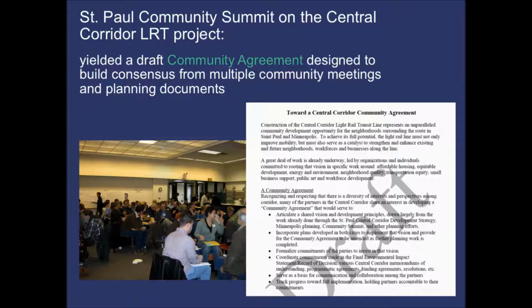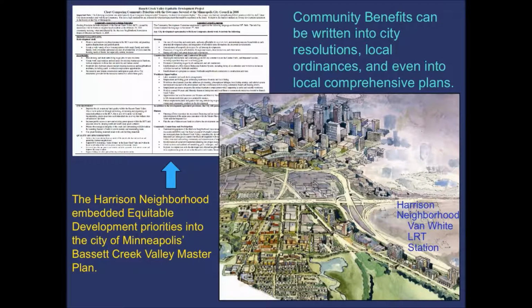But the community groups didn't stop only at securing those station stops. They wanted also to draw up a whole list of concerns and additional features and outcomes that they wanted to see, and that was a community compact model. Also want to point out that community benefits can be written into city resolutions, local ordinances, and even into local